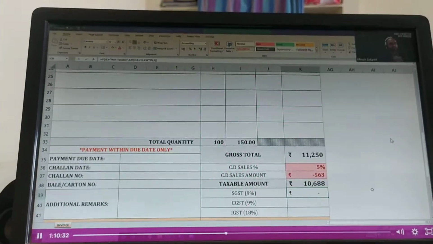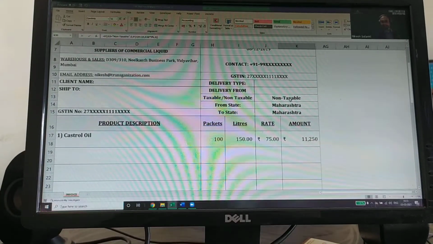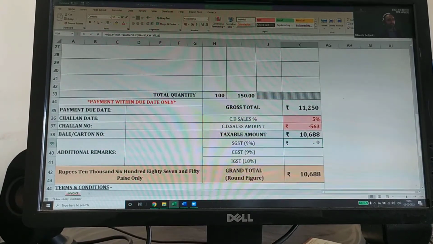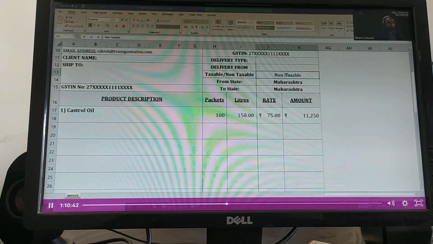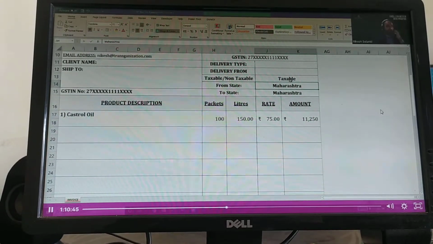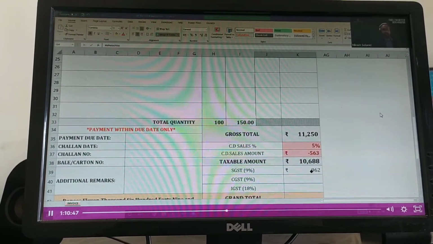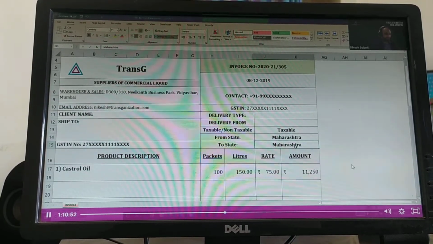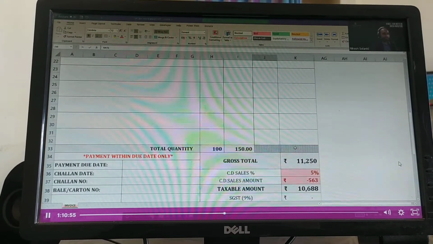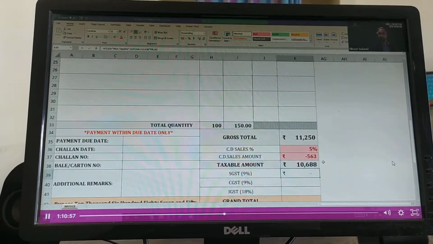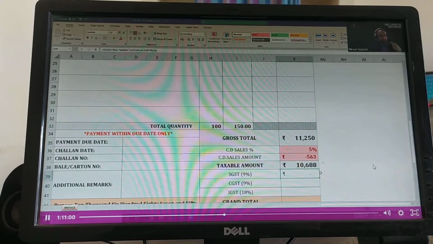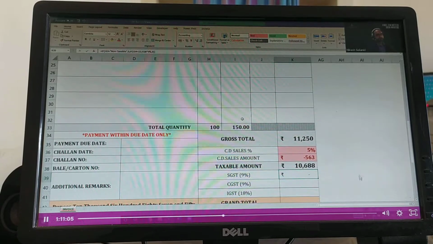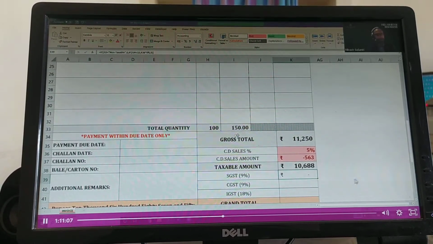Absolutely. Now let's test this. This is non-taxable. Obviously, if it's non-taxable, it has to come 0. So our first condition is tested. Everything is fine, works perfect. Now I will change this to taxable. If it's taxable, Maharashtra, it should come. So 962 is coming. That's excellent. Now let's try this out, whether this works or not. I change the state. Now it is taxable, but the states are different. So obviously SGST will not work, but then it should go from the IGST column down.